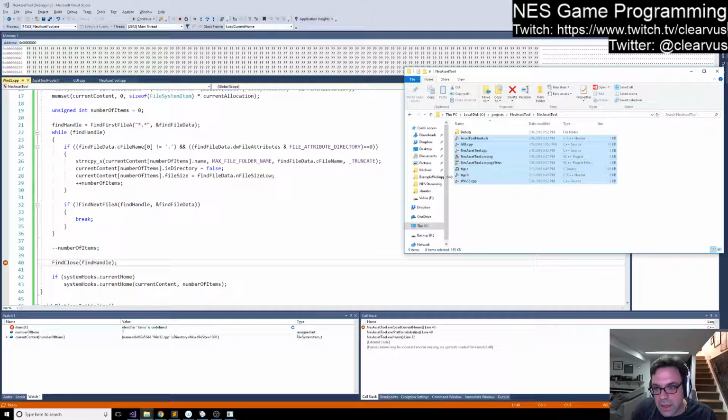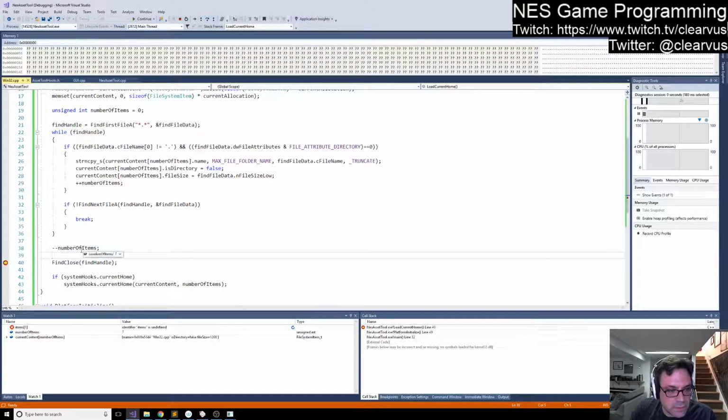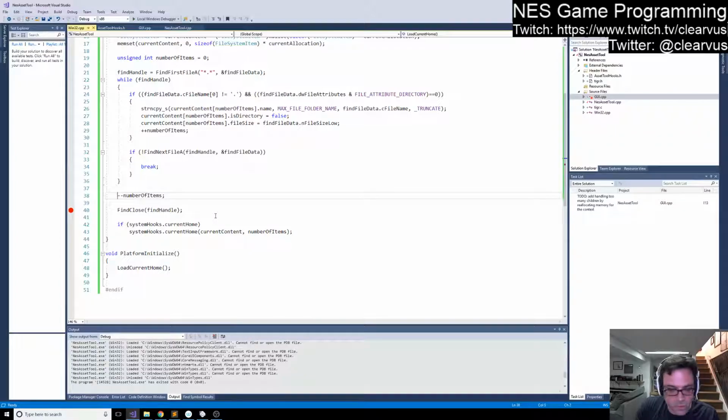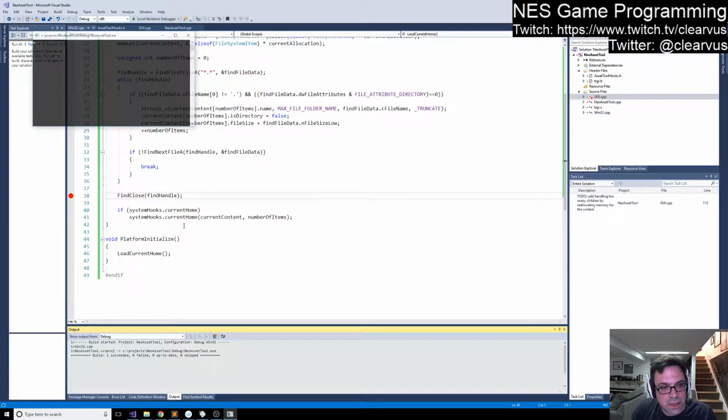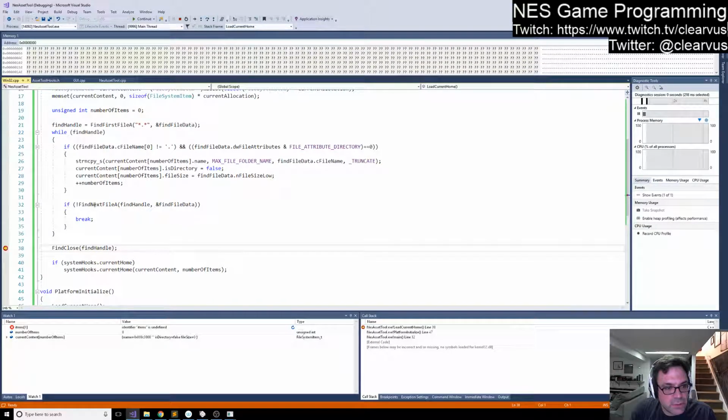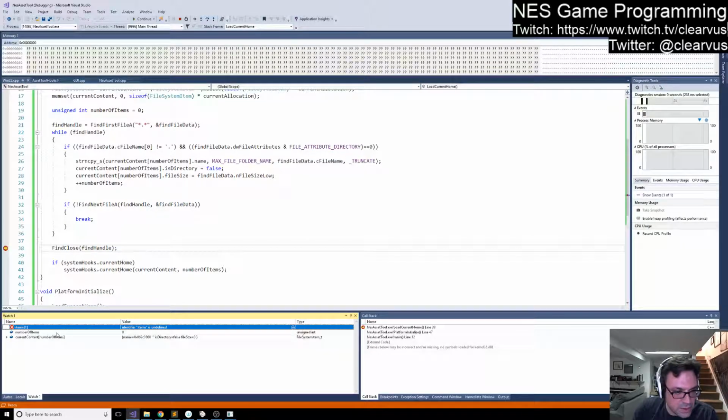So there are 8 things selected here. It's saying the number of items is 7. And that's because I'm continuing my trend of stupidity for the evening and subtracting 1, and I don't need to be, because it only increments when you actually get something, starting with the 0th element. All right, so number of items is 8, and then if we